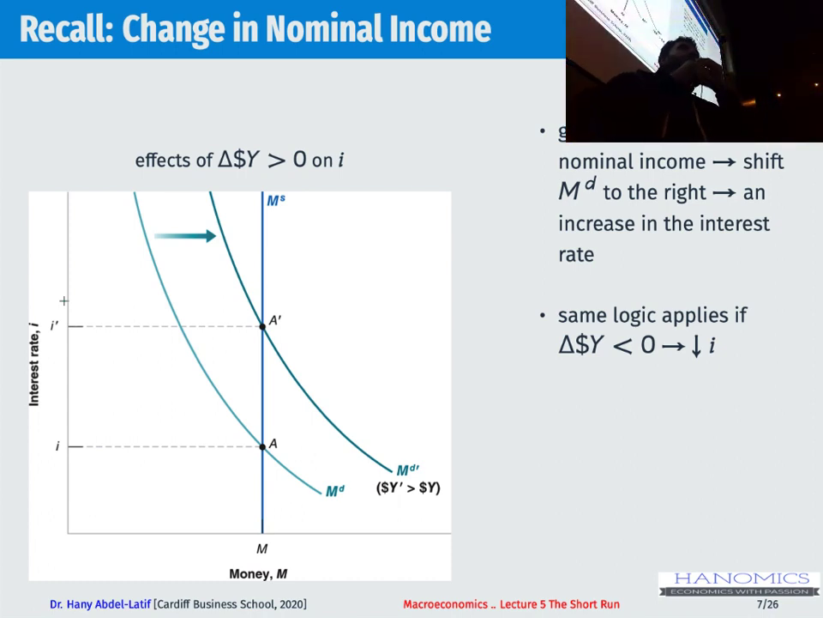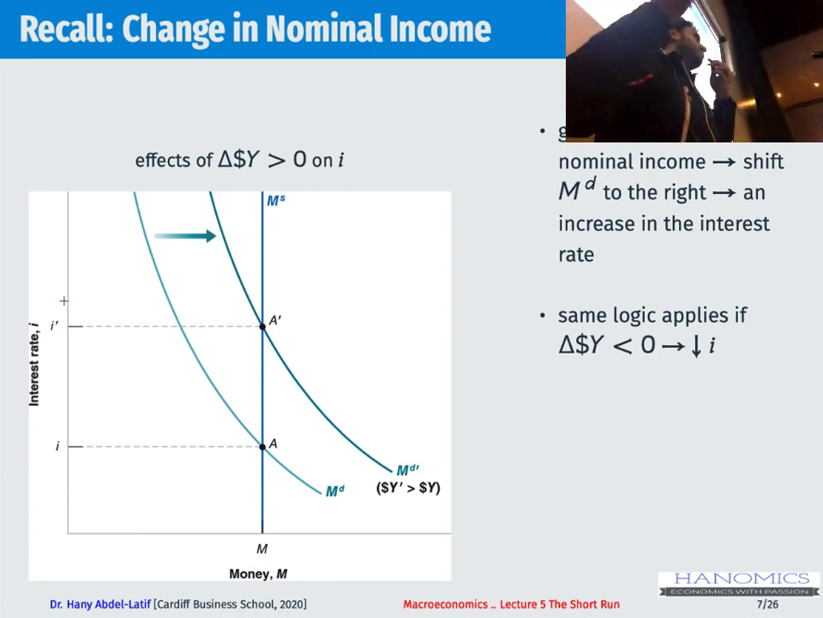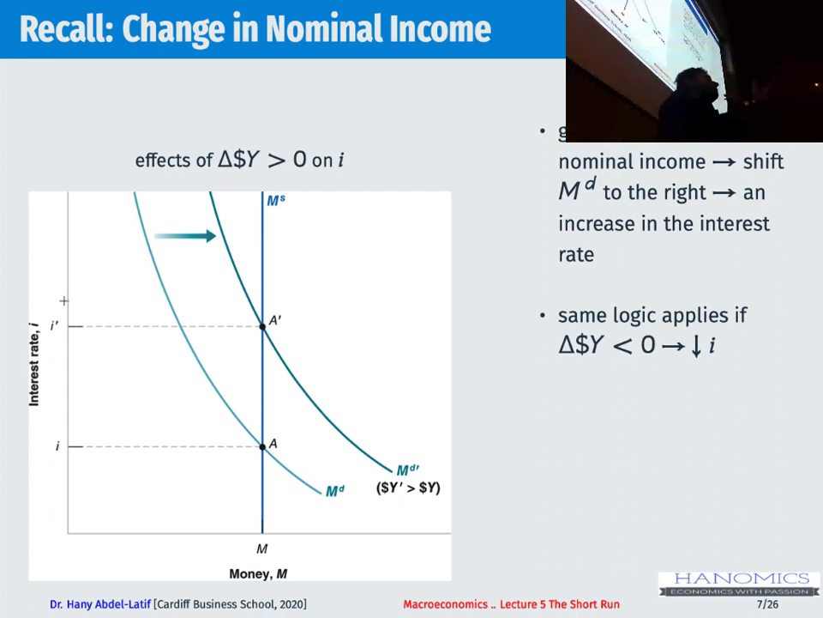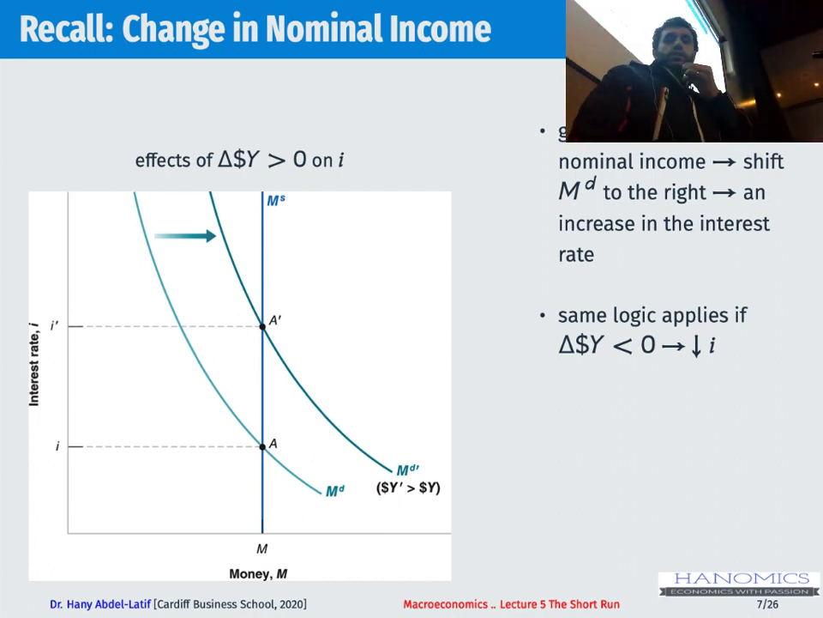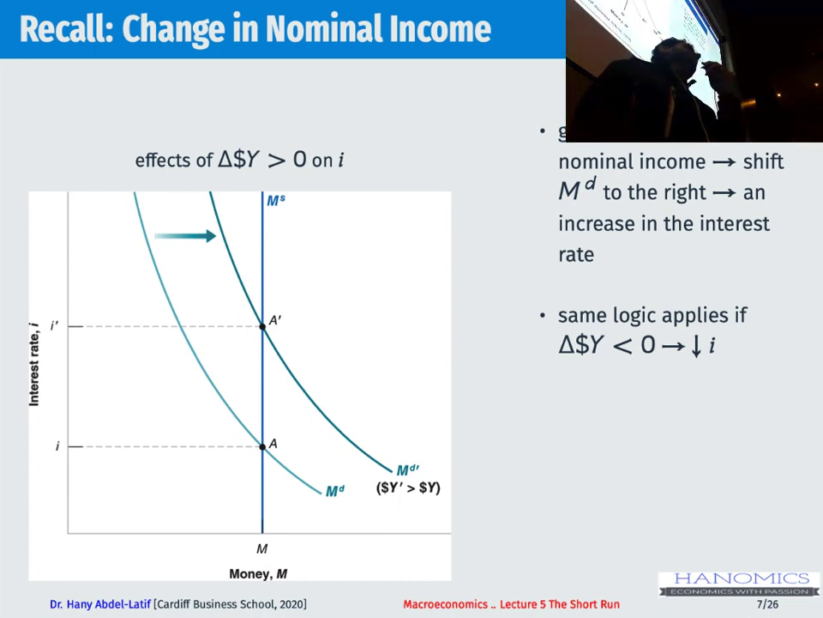So when income increases, that shifts the demand for money to the right, and obviously if income decreases, that will shift the money demand curve to the left. Okay, so we're just going to make a very simple modification to this,